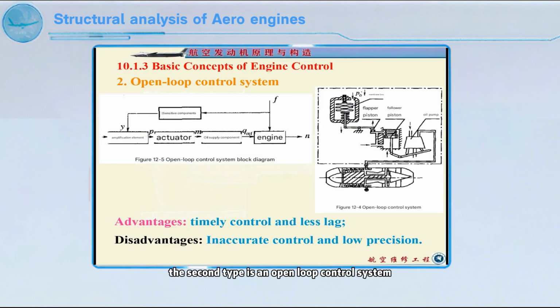The second type is an open-loop control system. The output of the controlled object of the open-loop control system is the engine speed, and the input of the controller is the interference. The output of the controller is the fuel mass flow, so the relationship between the controller and the engine and the relationship between signal transmission form an open circuit, so it is called an open-loop control